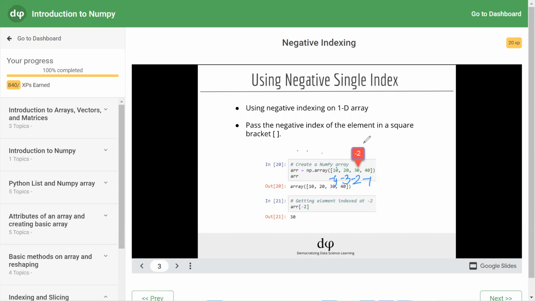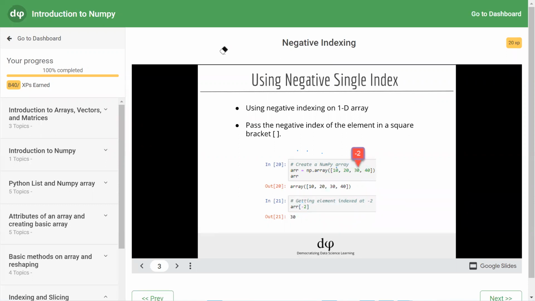So if you want to get 30, you have to use -2. When you use the array name ARR, and in square brackets you give -2, it is assessing the second last element and printing it on the user screen.